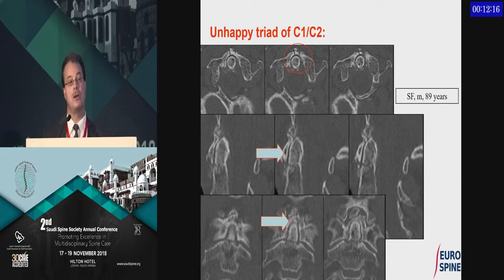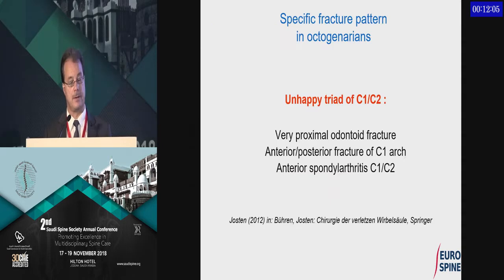And this is very conclusive in these octogenarians. If you have a close look at this, what we call the unhappy triad of C1 C2, you will keep seeing it over and over again. So this unhappy triad consists of a very proximal odontoid fracture, either an anterior or posterior fracture of the C1 arch, and a pre-existing degenerative status as anterior spondyloarthritis C1 C2,